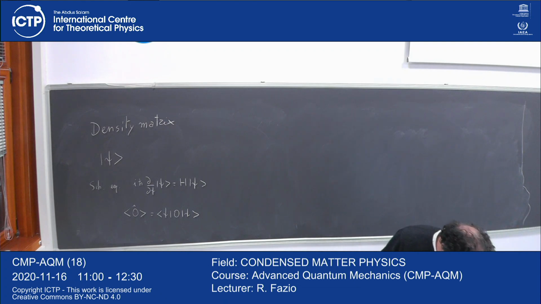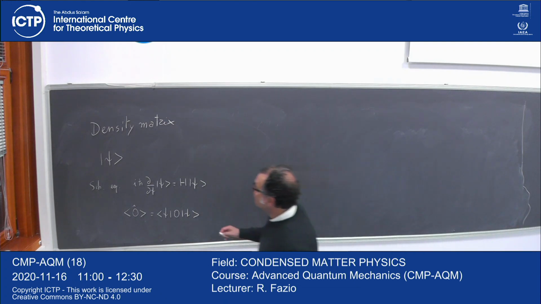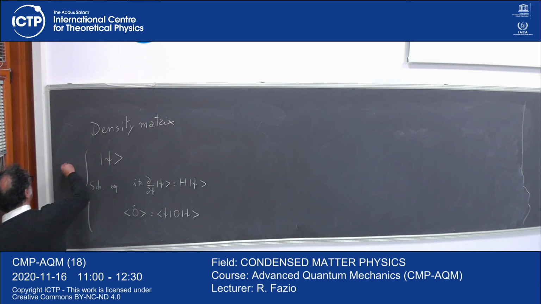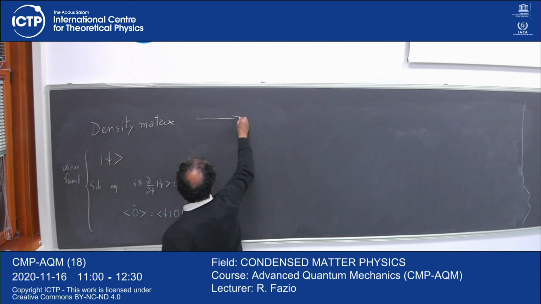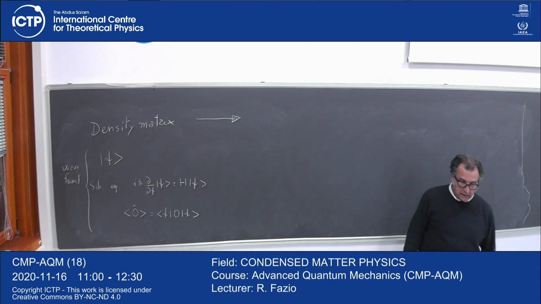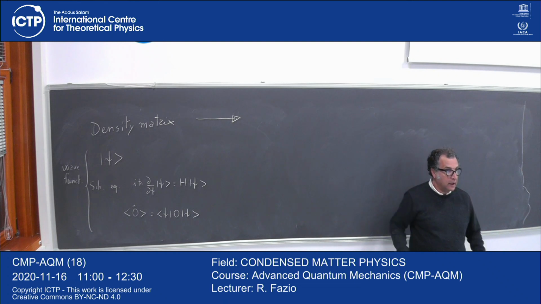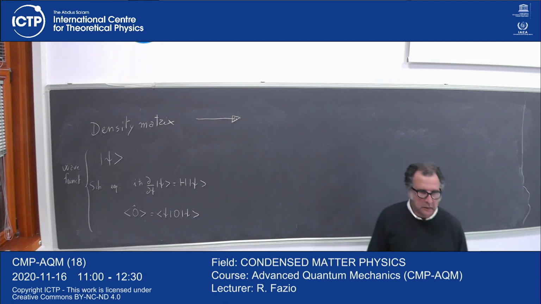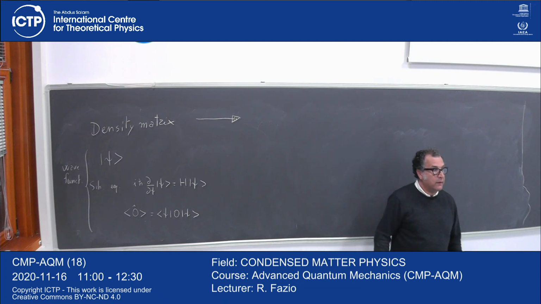Yeah, there are instructions here. Okay. So this is the wave function. Okay. The density matrix is an object which is needed to describe a quantum system in situations where the quantum wave function cannot be used. So